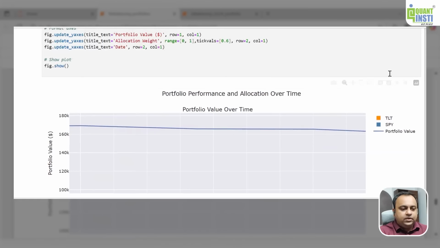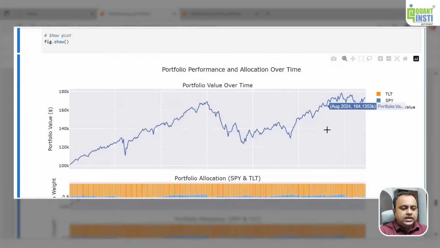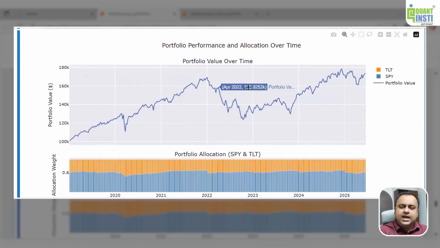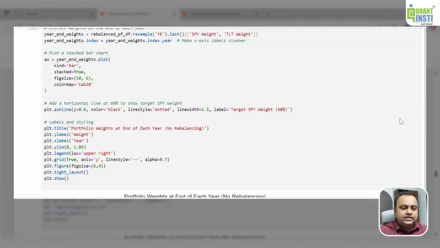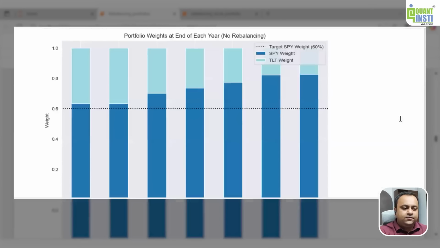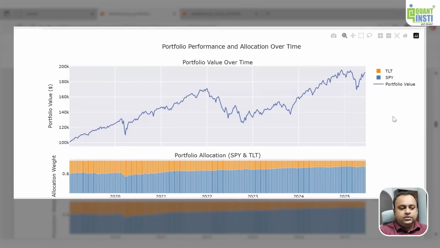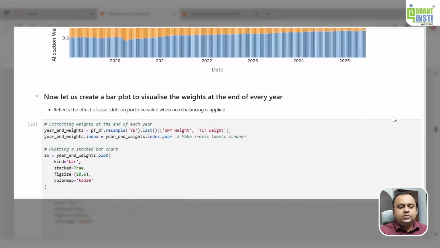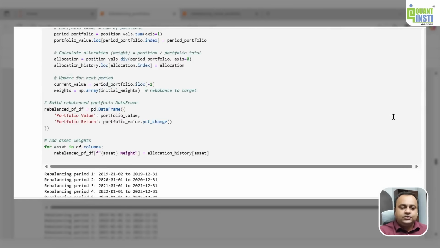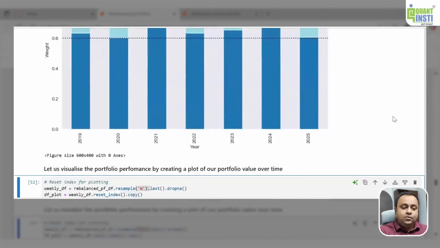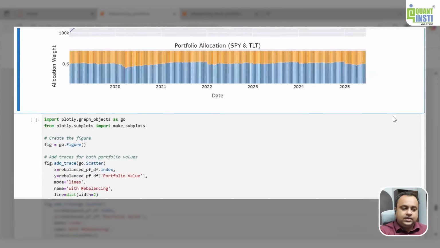Now, coming back to my overall portfolio performance, this portfolio performance by and large doesn't look that bad, and this also doesn't look very different. So, what is different? What is actually going to define that rebalancing is important? So, what is different actually? We need to compare these two portfolios and actually understand why these two things are different.